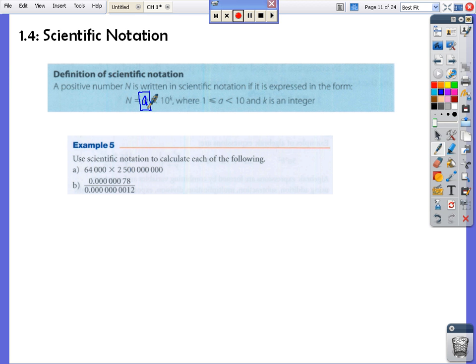A is allowed to be a real number, usually a decimal, and then the K, which is the power of 10, has to be an integer, so positive or negative counting numbers, including 0. If you see here letter A, the reason I'm doing these is because it also takes care of multiplying and dividing. So 64 would be written as 6.4 times 10 to the 4,